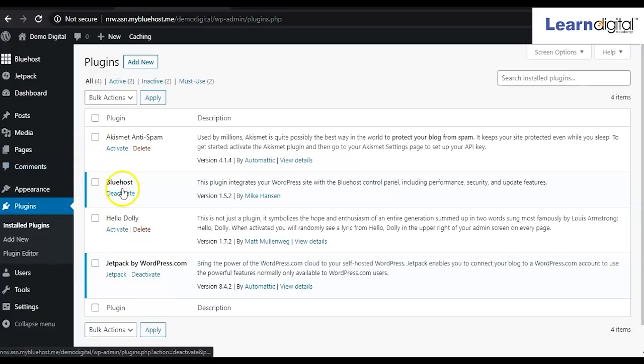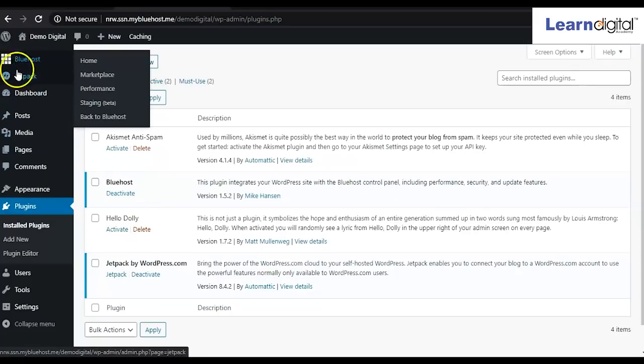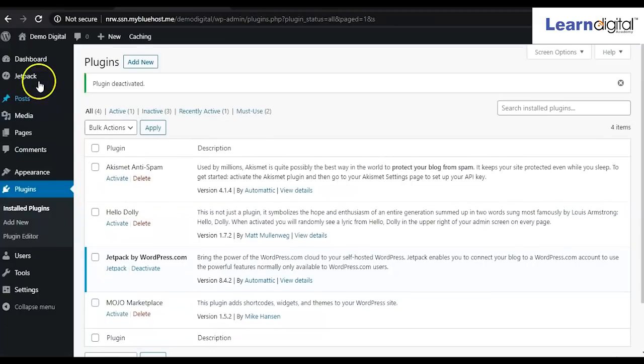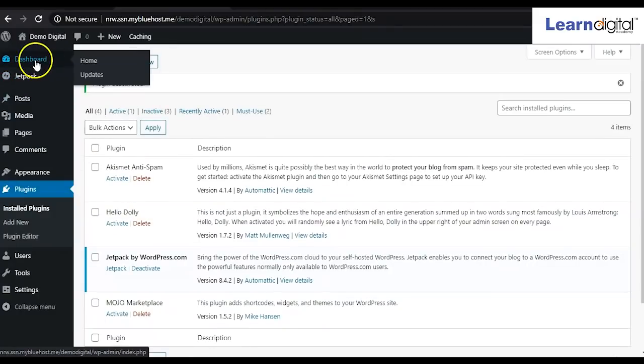So here we can see four plugins are there, right? Bluehost. So here on the left side, we can see this Bluehost is coming. When I make it deactivate, simply it will disappear from here. So see here, I'm making it deactivate. Now we can see that the Bluehost option has been removed.